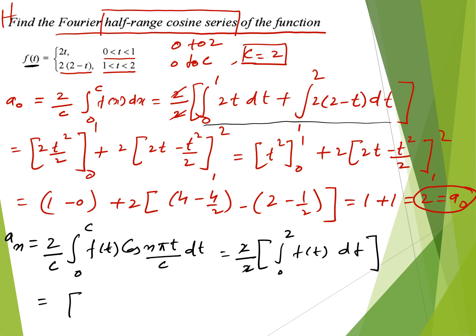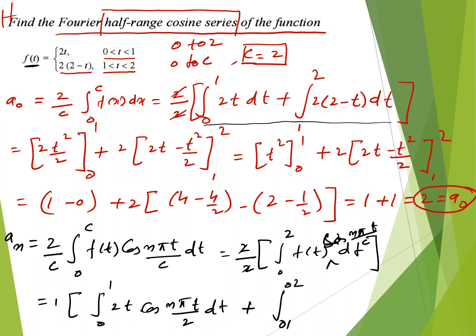The value is 1 into integration 0 to 1 2t into cos n pi t by c, c is missing over here, 2t into cos n pi t upon 2 dt plus integration 1 to 2 into 2 minus t cos n pi t upon 2 dt. Now